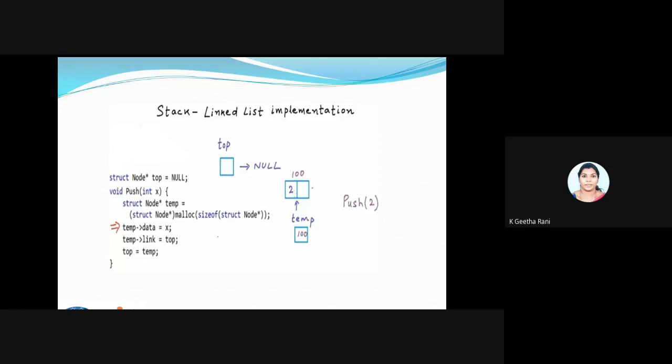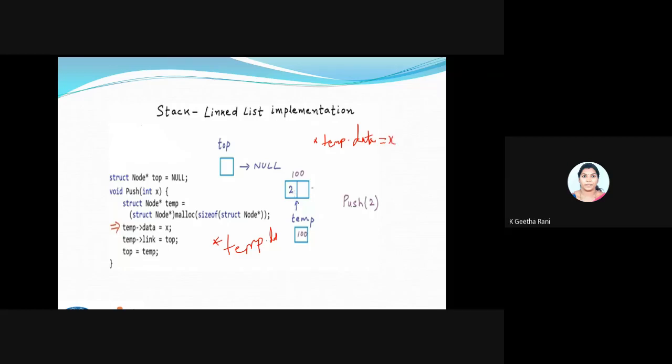I can also use it like this: star, because temp is a pointer variable, star temp dot data equal to x. I can also write it like this.